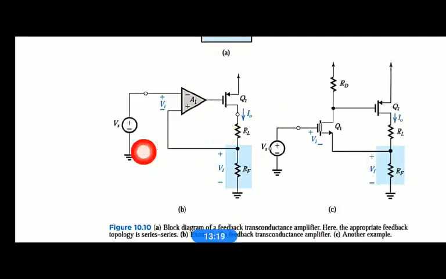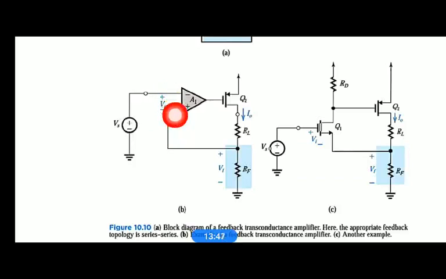Okay, so let's verify. Several practical networks of series feedback are given here, right. You can see here we are applying input as a voltage source Vs, and for that amplifier we are taking Vi as its input voltage, and it is giving I0 as the output across the RL, right. So you see this feedback network, when Vs is increased, Vs is connecting to the inverting amplifier.